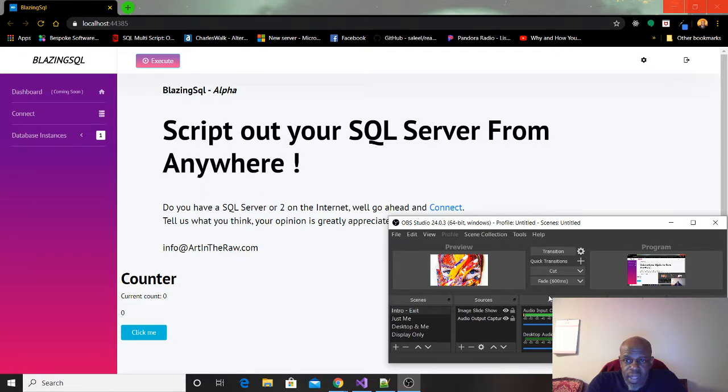I have completely rewritten it in Blazor. It's at about 80% rewritten right now. I have a couple more things because it's a lot of interface stuff that I'm doing with Art and Raw that I'm not doing with BlazingSql that takes time. So that'll be coming out sometime in August or September. I think more like September, and look forward to it.